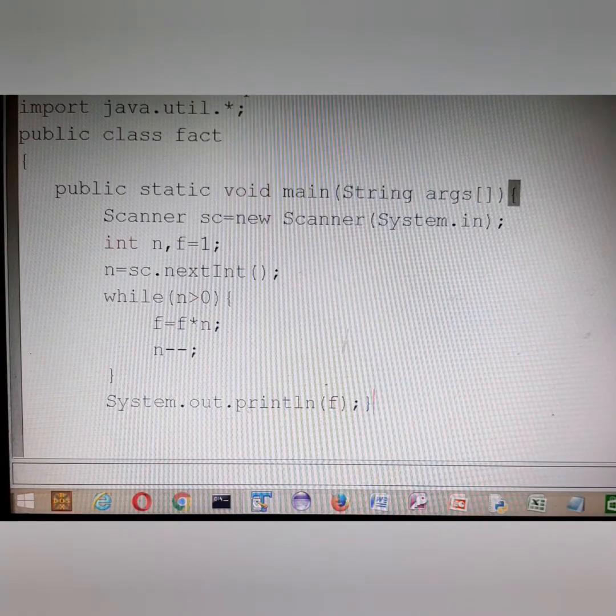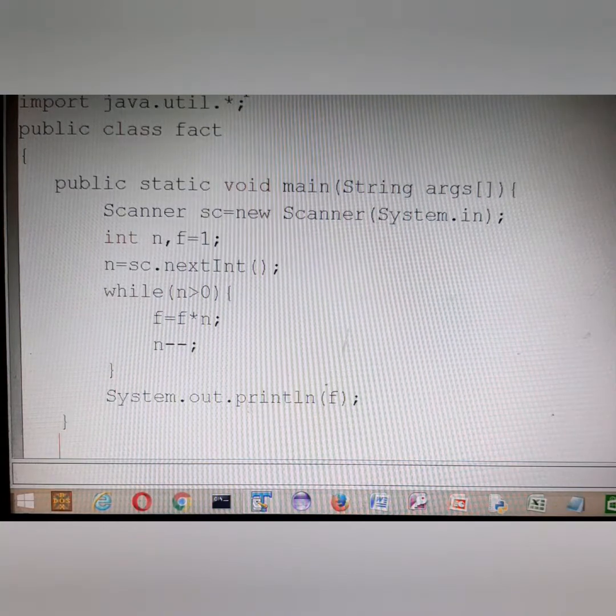Now how does this run, how is it calculating? While n greater than 0 means, suppose the user has given us 5, 5 is greater than 0. f was 1, 1 into 5 will become how much? 5. This 5 value is being given to f.